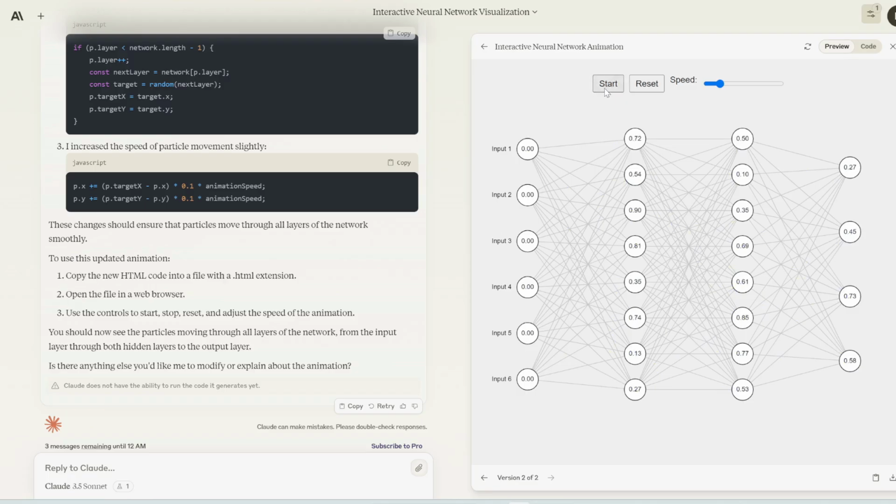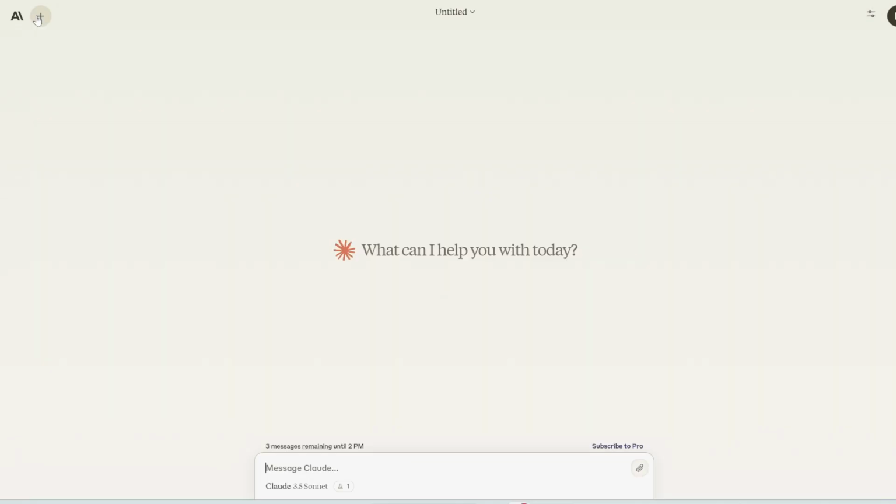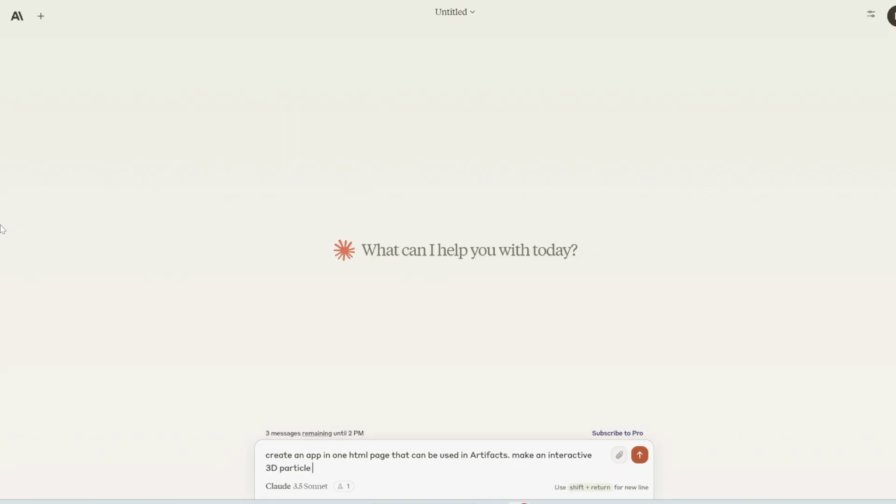All right, let's make something even crazier. So I'm going to create an app in one HTML page that can be used in artifacts, make an interactive 3D particle cloud with a maximum of 100 particles. And then to make sure it works in artifacts, I'm going to write use